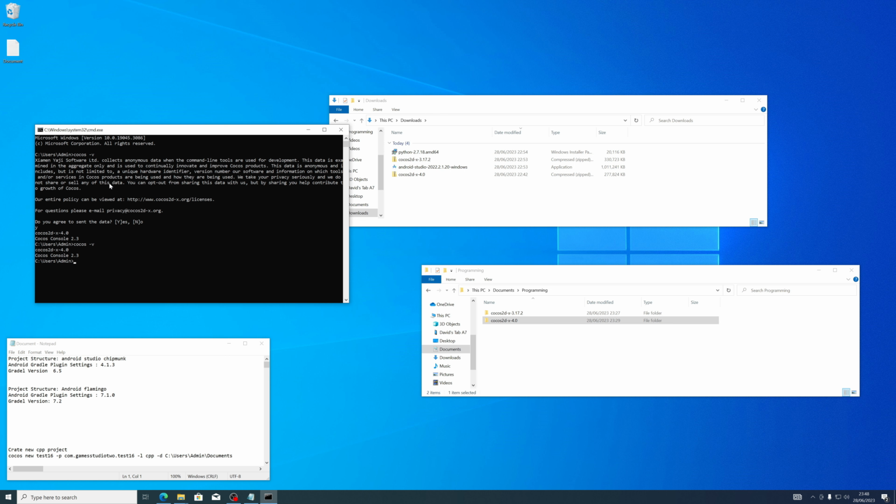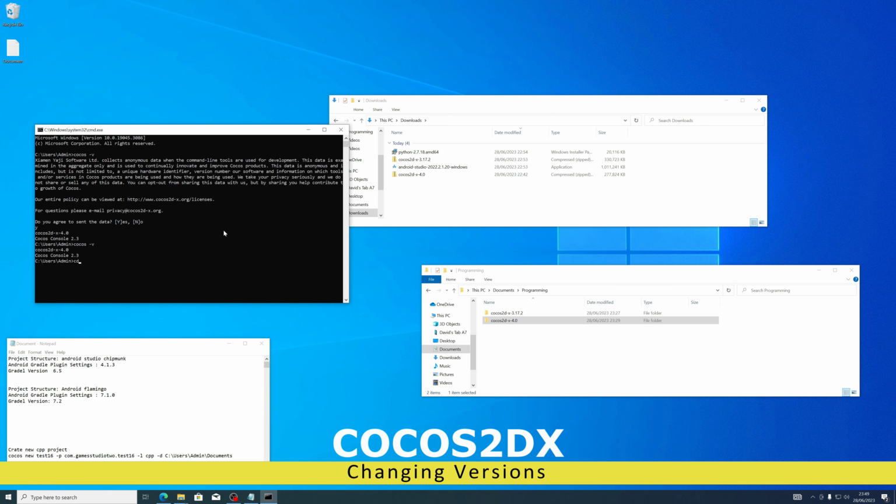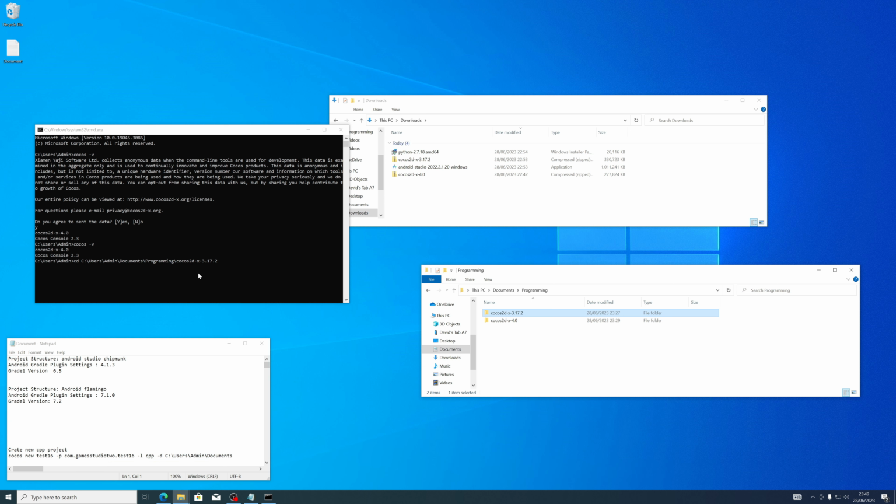What we'll do now is we'll switch over to version 3, and we can then go between different libraries, and you'll see how to do that. So we're going to do the same thing again. We're going to cd, change directory. This time I'm going to drag this one here, Cocos, that one, change to there,